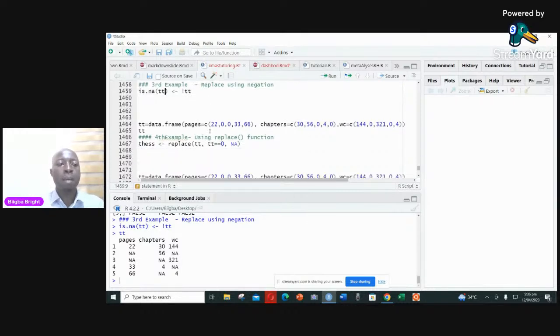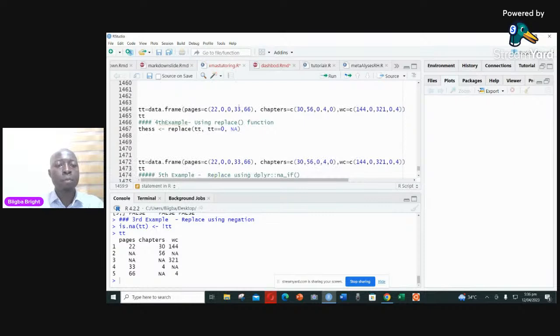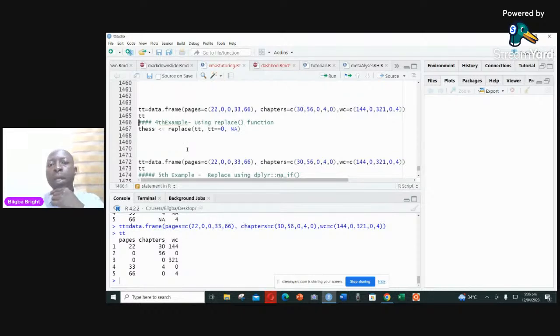Okay, that's about it. Now, our fourth example, let me run this again. And so we have our data frame again. In this case, we are going to use a function in R called replace. So in that case, you need to create a variable. This variable I call here thesis. I don't mind the spelling. So I'm using the replace function. You bring the data frame name, which is TT, and then within that particular data frame,